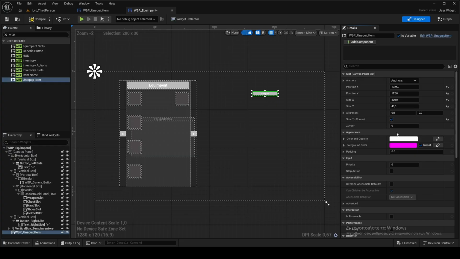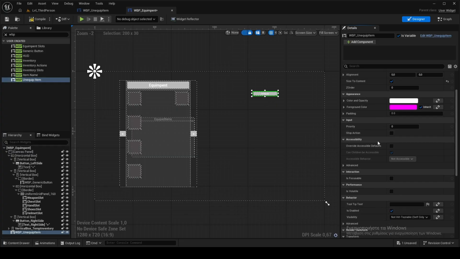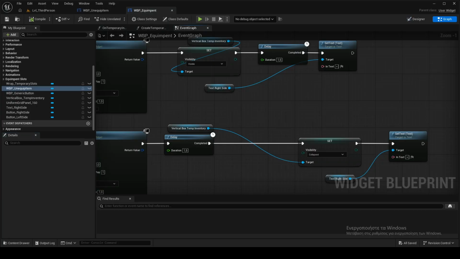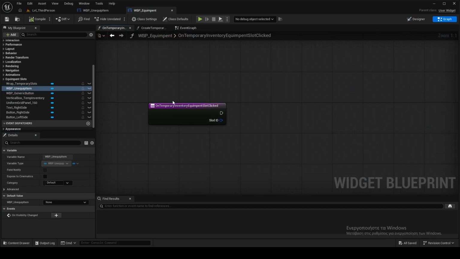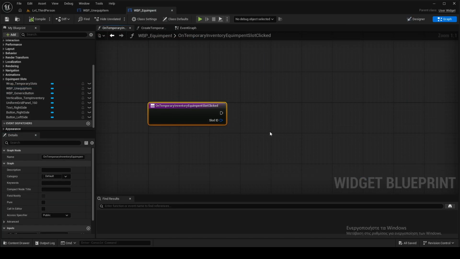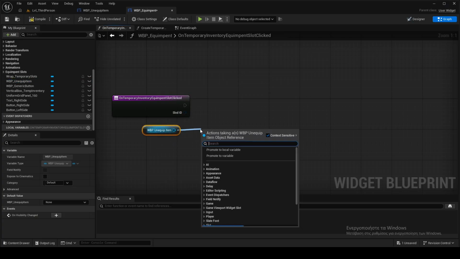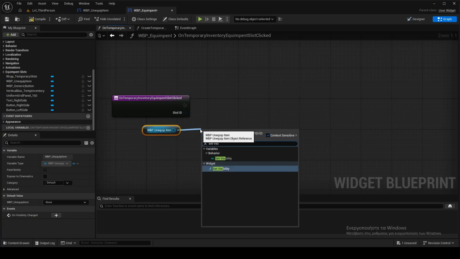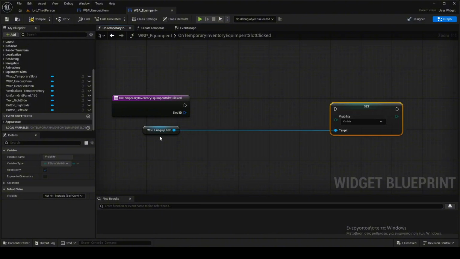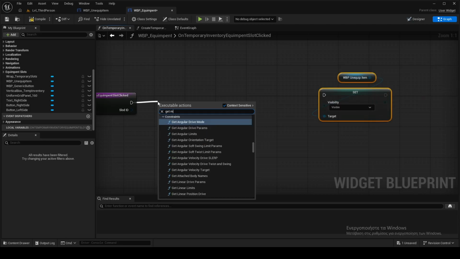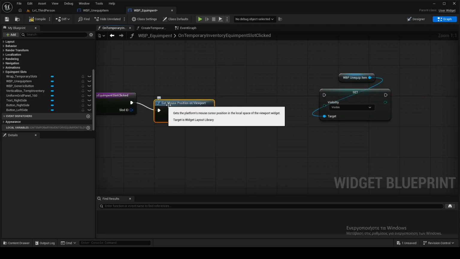Sure, the visibility will be collapsed, and the main thing now is on temporary inventory equipped slot, equipment slot clicked. I can get my WBP unequip and set visibility to visible, but first I can get mouse position on viewport,